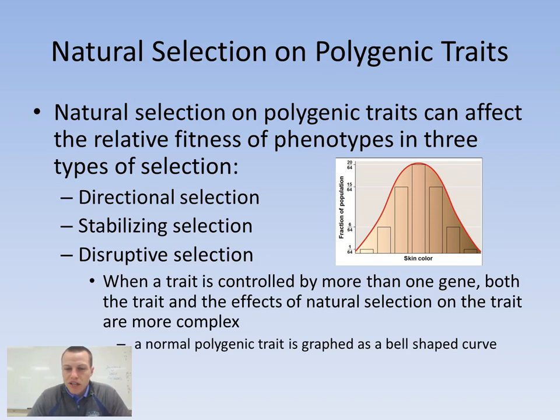So what you can see here on this diagram is a bell-shaped curve. What this is showing is it looks like skin color. Within this population, whatever it's measuring here, a lot of the skin color was at this coloration. And as we go down the curve, we're declining the number of individuals that have this phenotype, and we can get down here to this 1/64th, so one person out of 64 individuals within this group will have